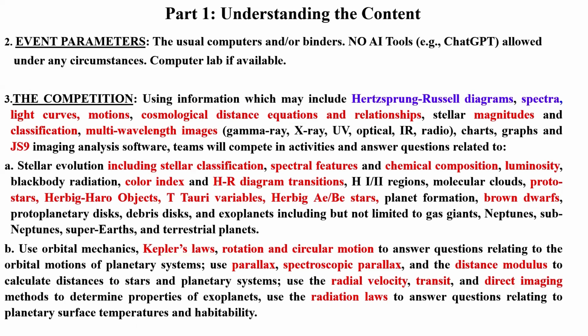Under the competition, number 3, that lists the tools and the concepts that are necessary to understand stellar evolution and orbital mechanics in parts 3A and 3B. The words in red in the competition and 3A are all closely related. Those are not terms that are new for this year's event. They are simply ones that are all so very closely interrelated and also relate to some of the content in 3B. Understanding how they are all related, how they are all involved and affect each other, is what you need to understand to have a solid foundation.